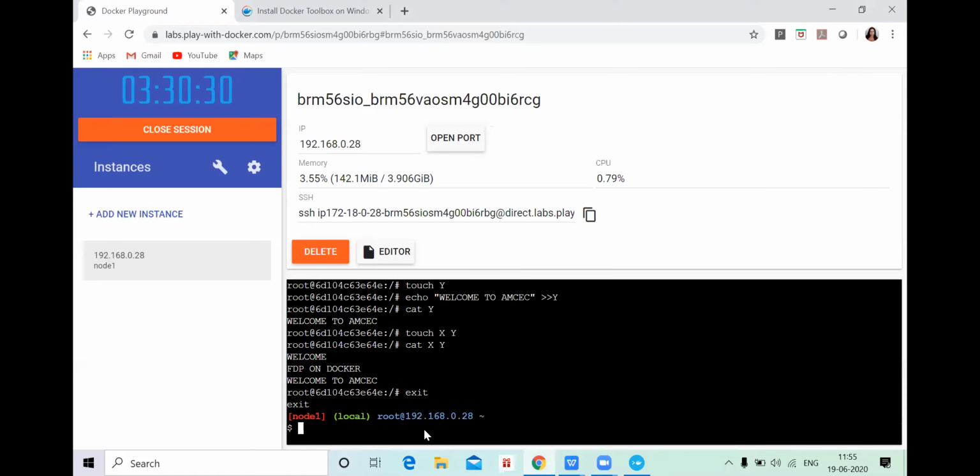Okay, so now we have come out to our localhost only. We are going to type the next command here. If you want any kind of help from Docker on your volume, you can write docker volume.